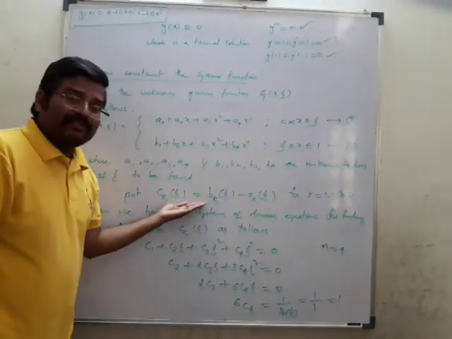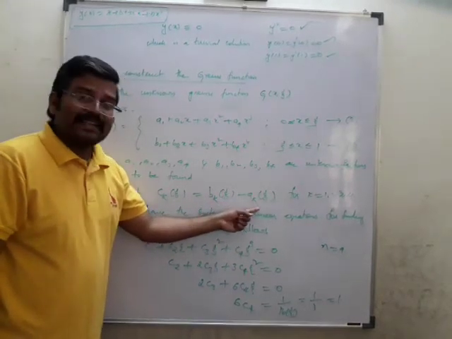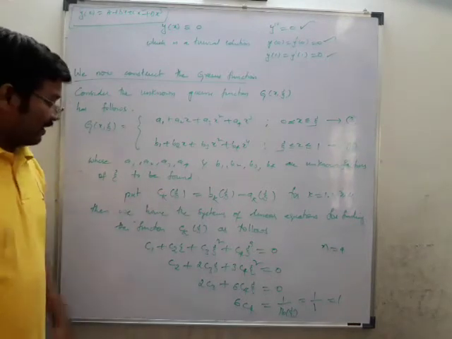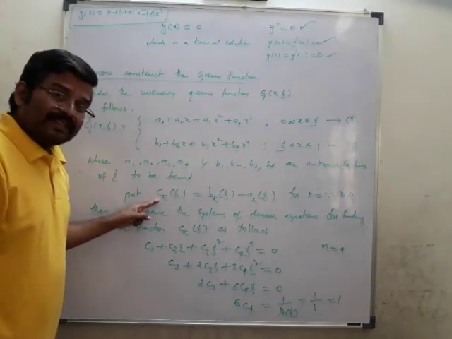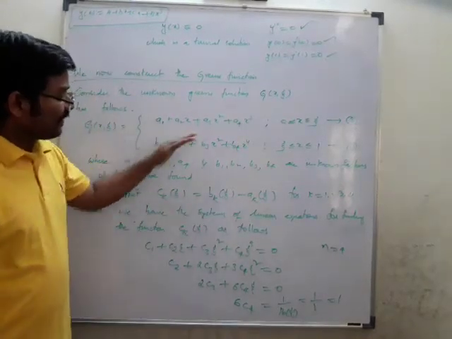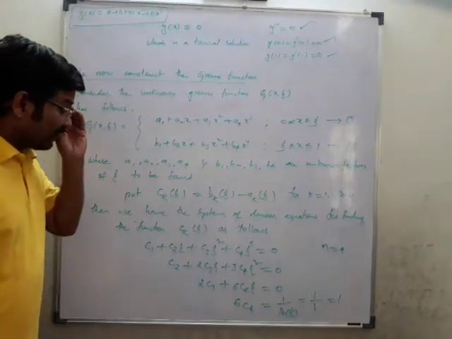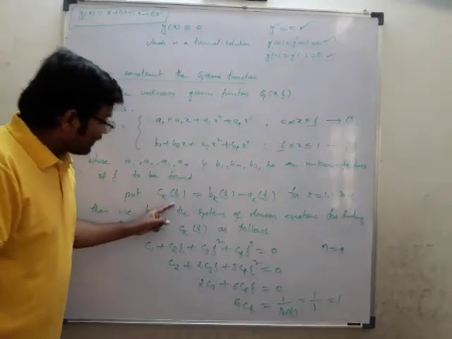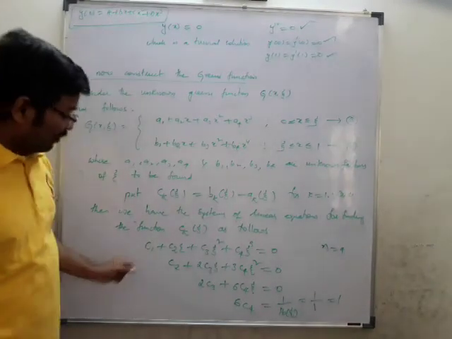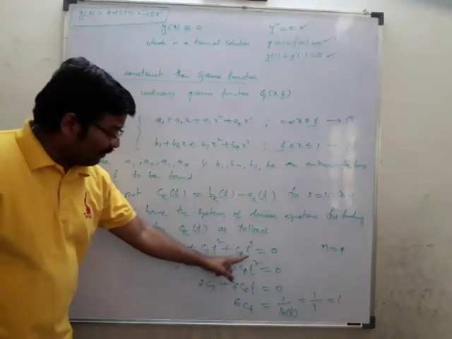In general, you have to take the equation ck xi is equal to bk xi minus ak xi to solve the system of differential equations. To solve the equation, first we will find the values of C1, C2, C3 and C4, so that we will get Bk and Ak. To find the values of Bk and Ak, we need to take a relation like this. I am writing Ck in the form of A plus Bx plus Cx square plus Dx cube. So C1, C2 xi, C3 xi square, C4 xi cube is equal to 0.